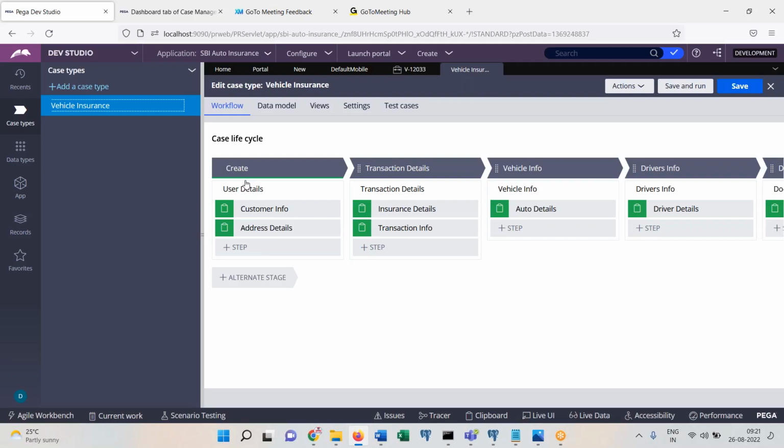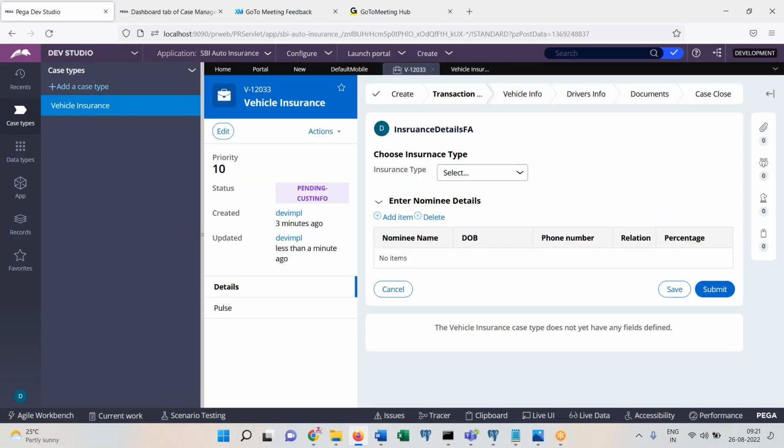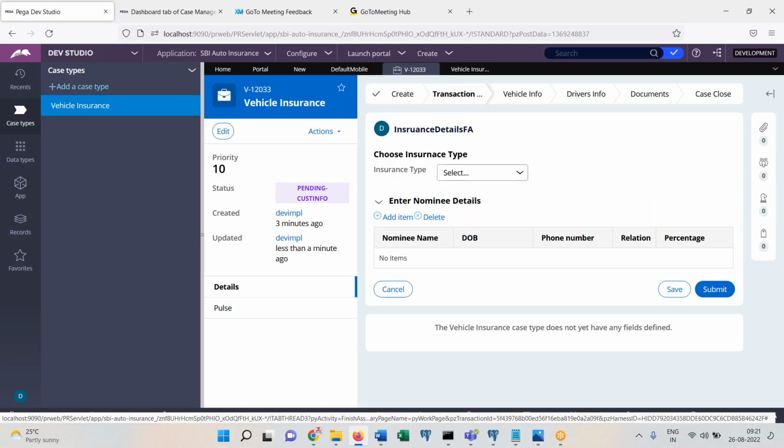But PY create is a copy of the perform harness. There is no difference. Did you find any difference in the screens? PY create, the flow action is loading. PY create was not there before Pega 8.5. If you are working in 8.5, it is there. If you are working in 8.4, everything is the perform harness only. They have added some features for creating work objects and so on. You can ignore that, that's not a big deal actually. But starting from 8.5, 8.6, 8.7,